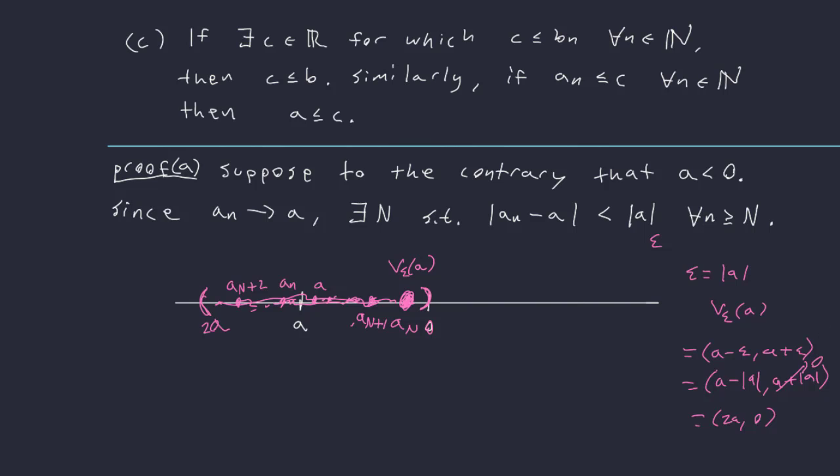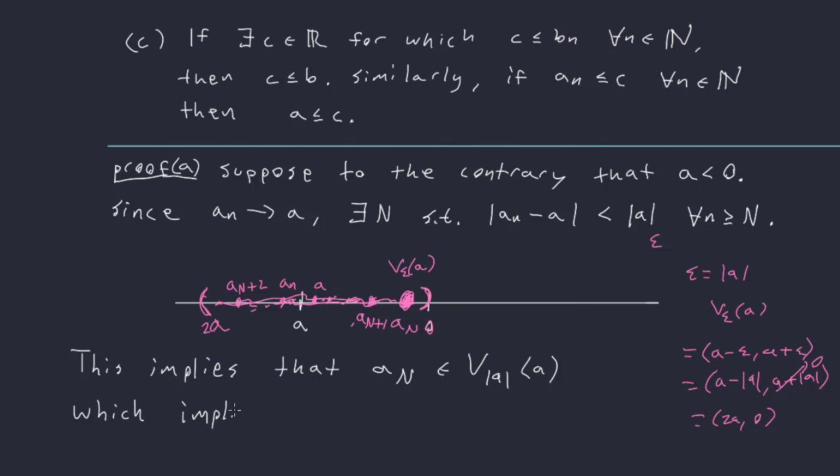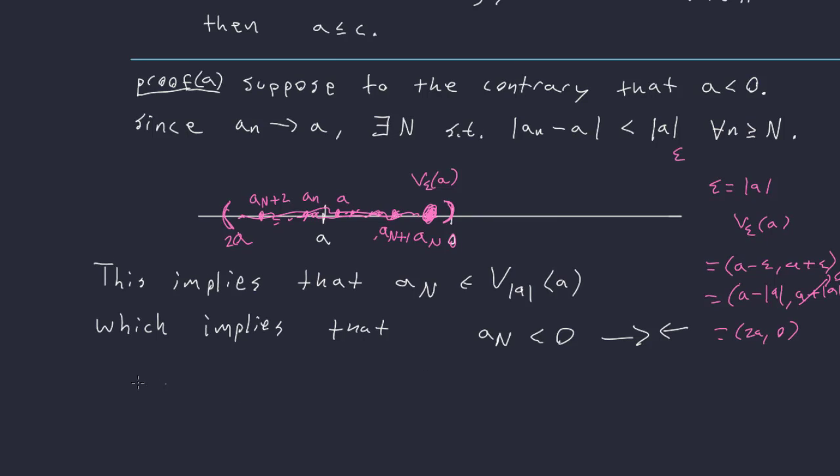So this implies that a of capital N is in this epsilon neighborhood around a, which also implies that my a(n) is less than 0. And this is the contradiction. This is a contradiction